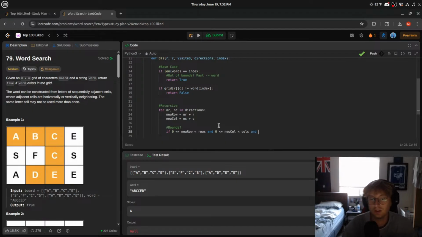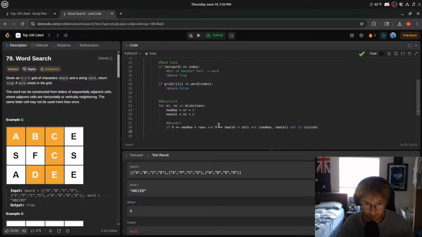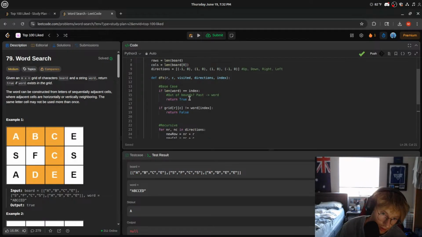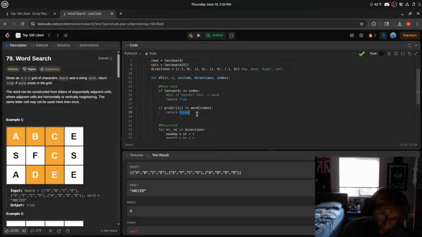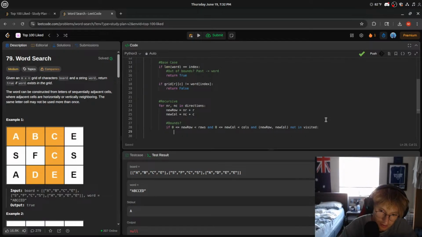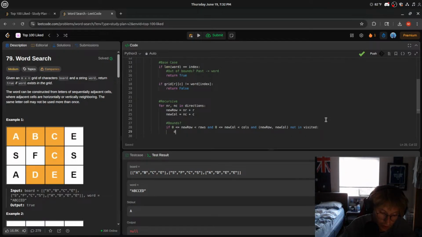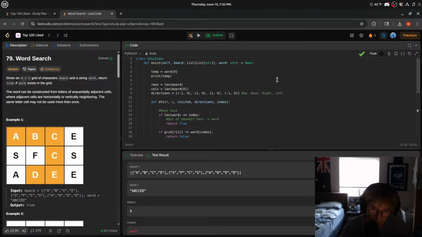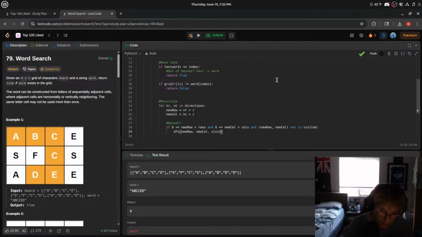and we're not in visited, new row, new col, not in visited, you return false. And it's not in visited, right? So if we're not in visited, then here we can call our DFS function, right? Pass in our new row, new col, and also our visited array, visited